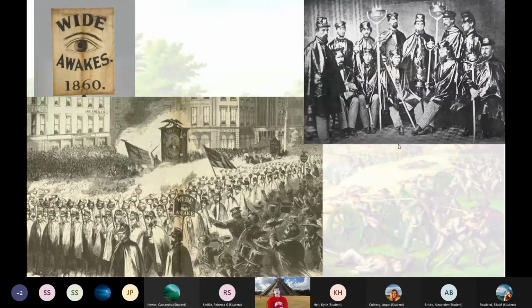And so we're jumping right to, so those of you who missed it, fourth period, I didn't quite get to this. Wide Awakes were Republicans who took a very militaristic pose to this. They marched through the streets. They carried these torches that were made in such a way that they look like an eye from a distance. And the whole point is they're going to stand up to Southern bullying, the Wide Awakes.